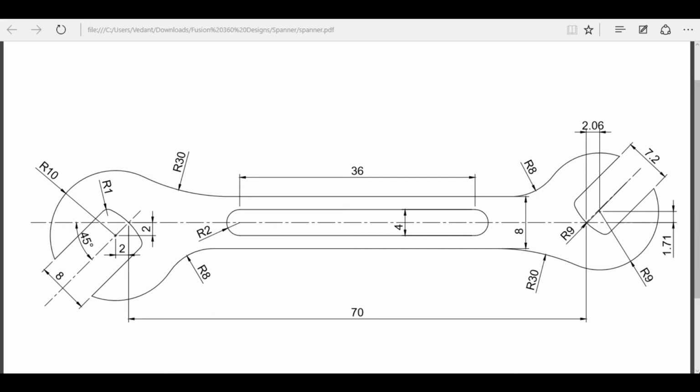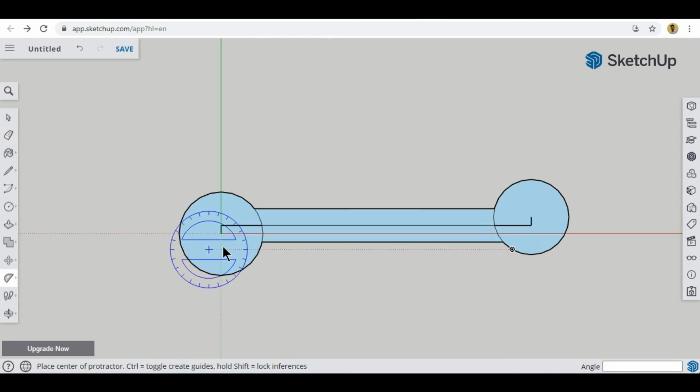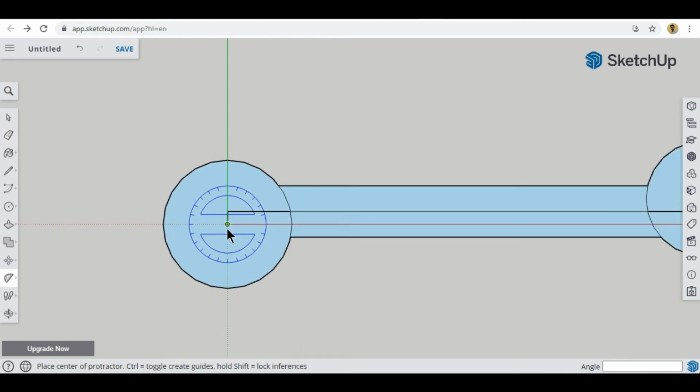Okay, so now firstly, to create these lines we will require a center point, which is this. Okay, this one and this one. So let's create this line first. Okay, so we have a tool called protractor to create these type of things. So to create this 45-degree line, first I should have that point. Okay, I don't have that point right now.